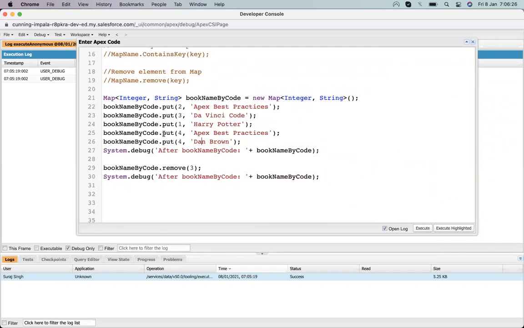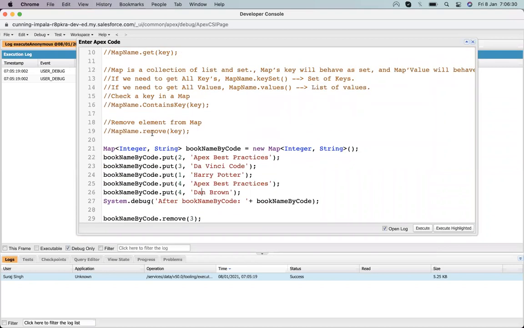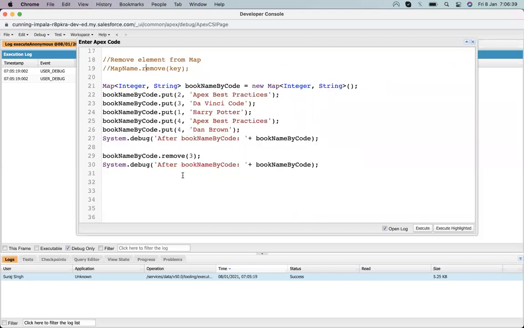Similarly, if we have to remove something from a list, we can also use the remove keyword, and then give the element index of the list. For that, let me show you.